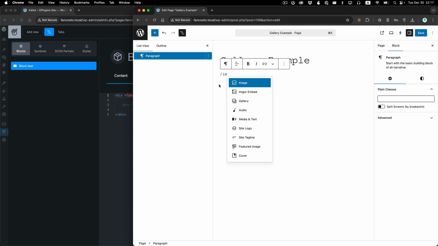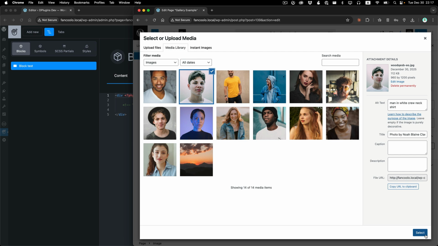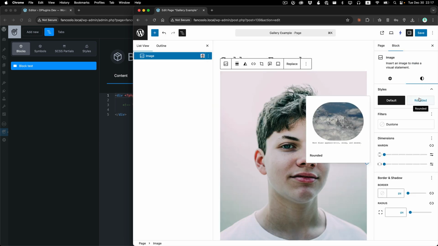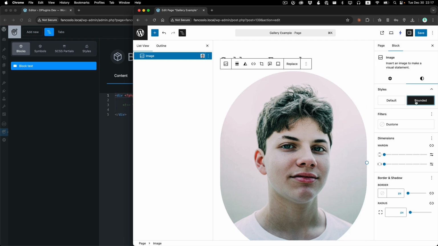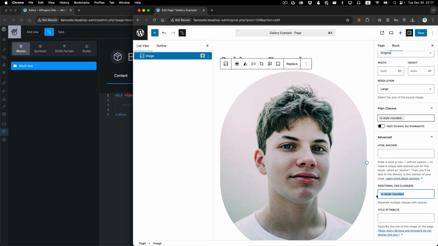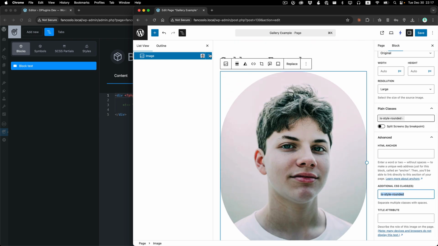So the image has styles. If we choose one, if you go to the styles, you can see default and then rounded. And if we go to the advanced, it's adding is-style and then the name of the style. It's actually just adding the class, and it's picking the CSS that is going to style this. So let's